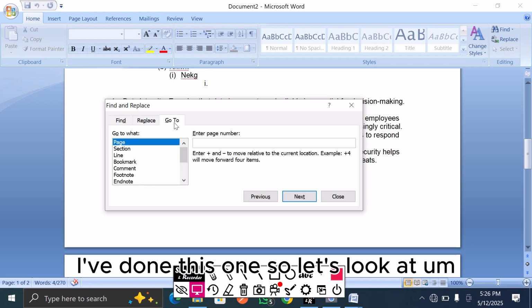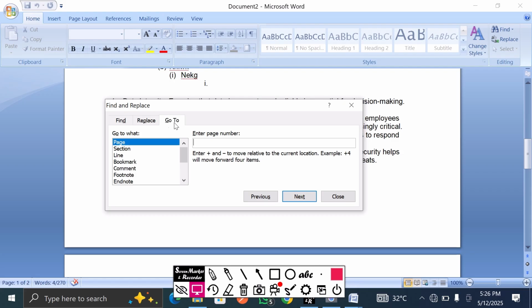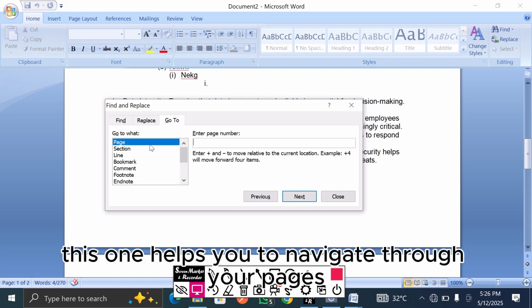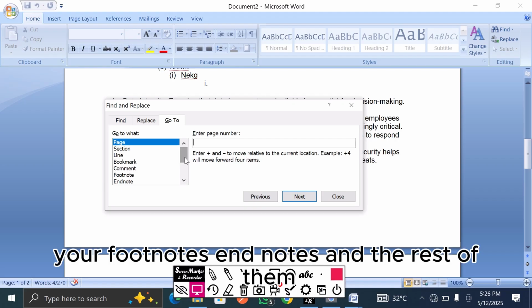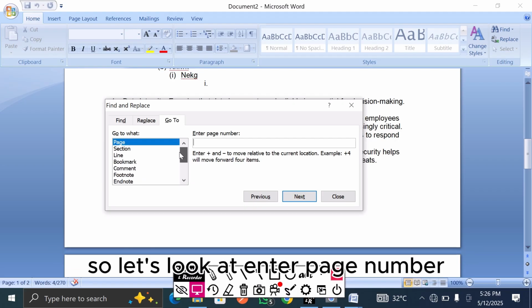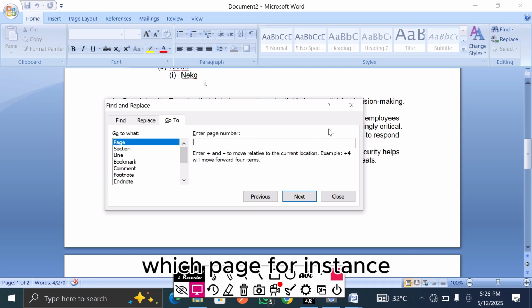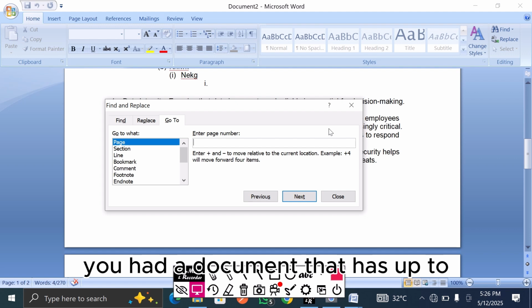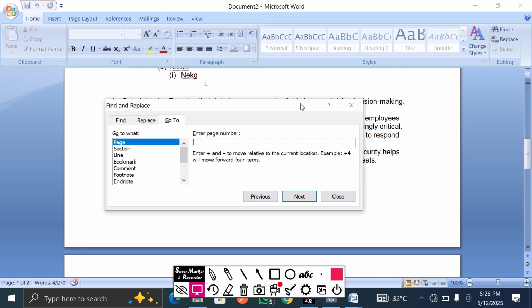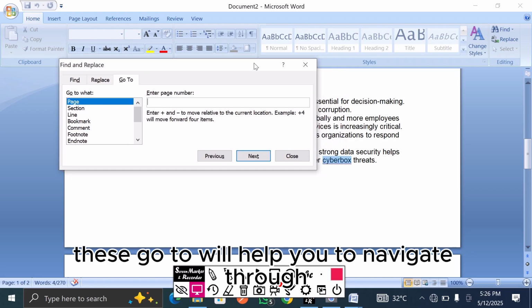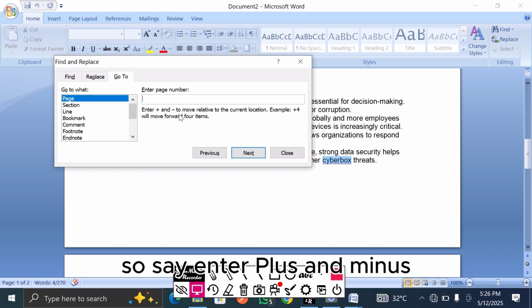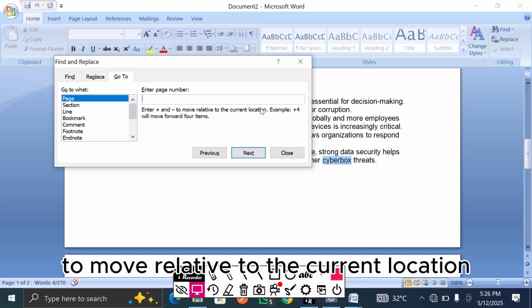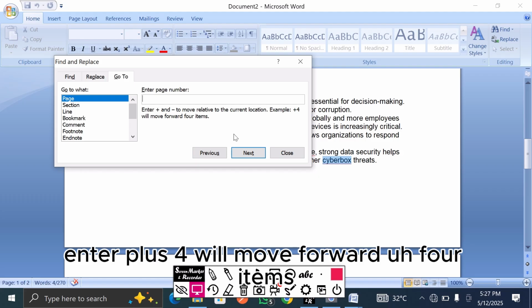So let's look at go to. This one helps you to navigate through your pages, your selection, your line, your bookmark, your comments, your footnotes, endnotes, and the rest of them. Let's look at enter page number. For instance, you have a document that has up to, let me say, 100 pages. This go to will help you to navigate through your pages without any problem. Enter plus and minus to move relative to the current location. Enter plus 4 will move forward